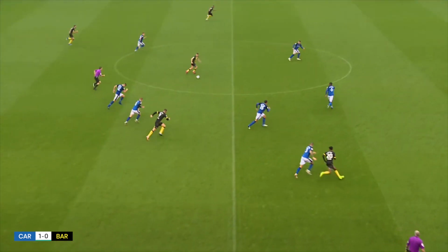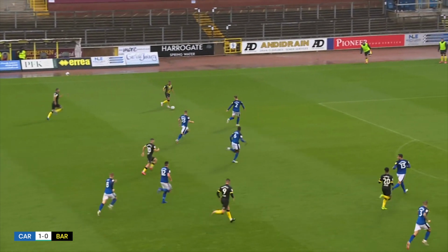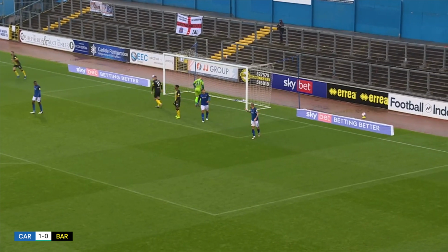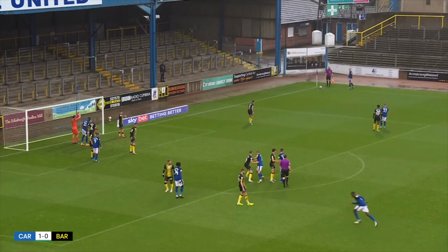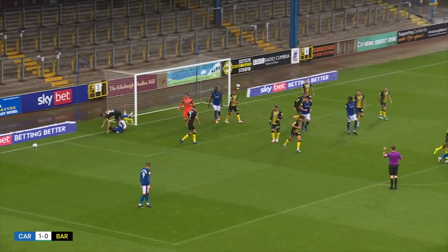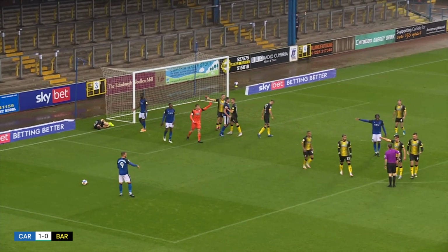Numbers crowding out, but lays a nice pass into Hardcastle. Hardcastle looking to stretch Carlisle here. Out it goes to Connor Brown. Patrick Brough making a good run outside him. Connor Brown though fires the ball across, nobody there to gamble in it at the back post, and it fizzes wide and out of play. I'm not too sure who it was that got the foot to it. It'd be well interesting to see it back, but the corner whips into the box, and again it's overhit out wide and it's gone out of play, and it is going to be a goal kick to Barrow,